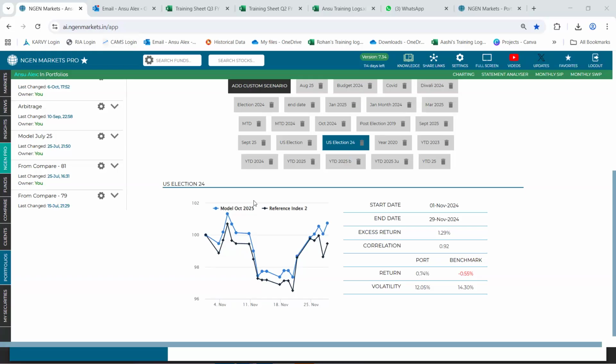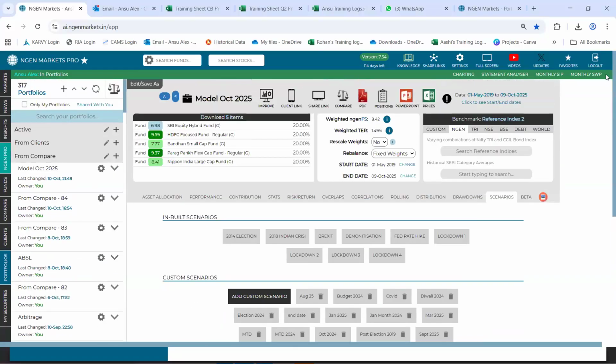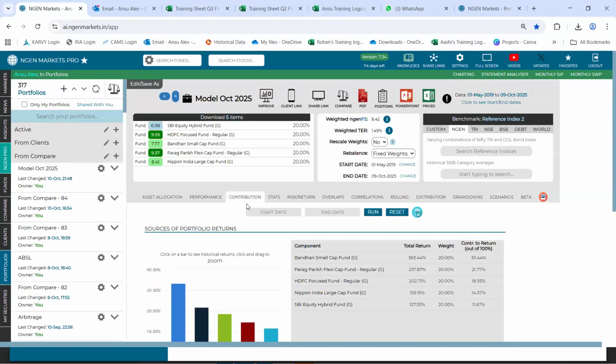So related to this scenarios tab used in any other tab, maybe you can use this scenarios tab in addition to this contribution tab as well. Wherein in the contribution tab, we have given you an option to create internal scenarios as well.